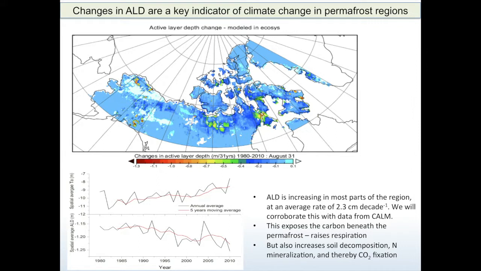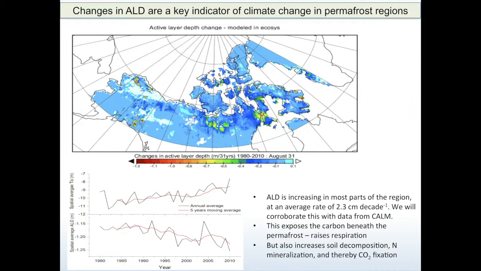Another key question that's being asked of the North, and again I've got this in there because we're being funded to do this, there's a lot of talk that the active layer depth of permafrost-affected ecosystems may be deepening. Now in the model we use the general heat flux equation to solve for warming and cooling and freezing and thawing of soils. We're able to model changes in active layer depth in permafrost regions through the application of that equation. What Zelalem has done here then is he's taken the change in active layer depth over 31 years